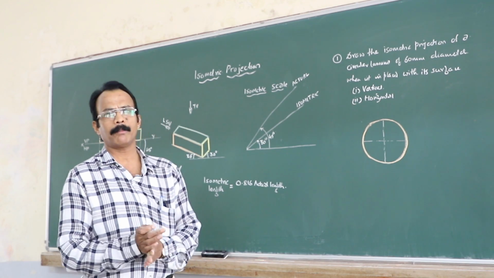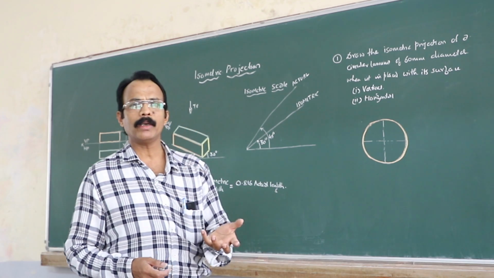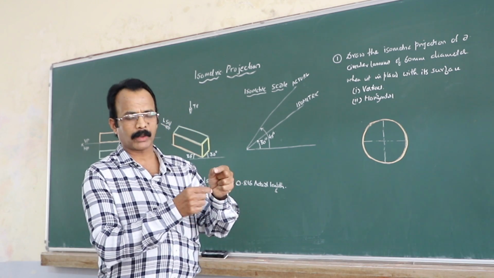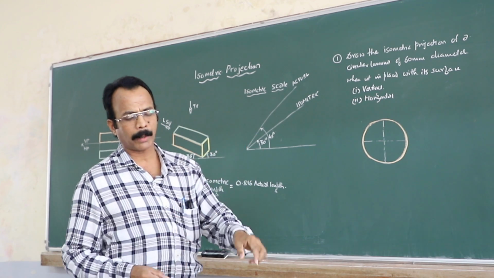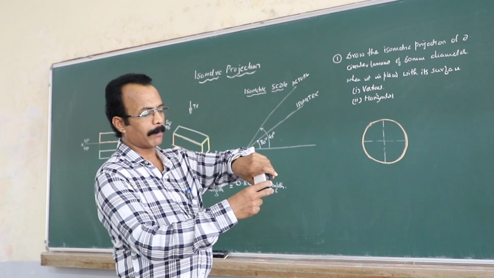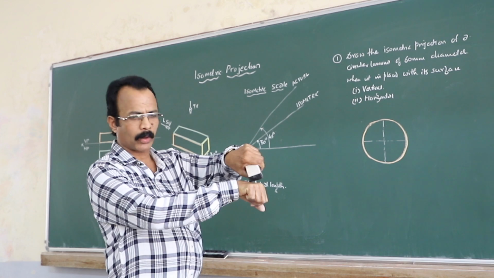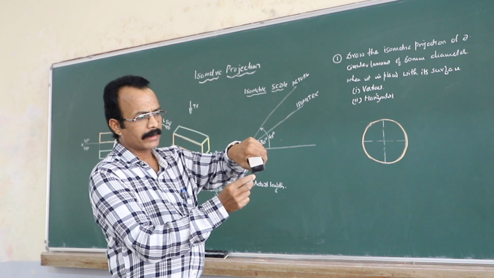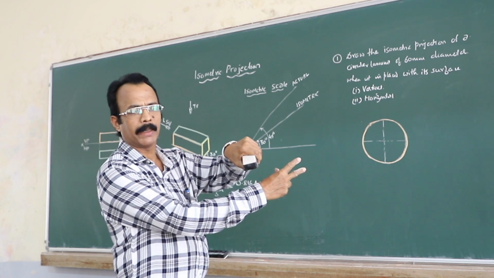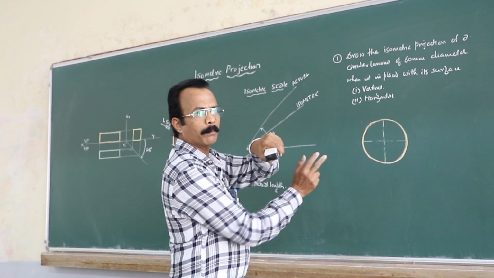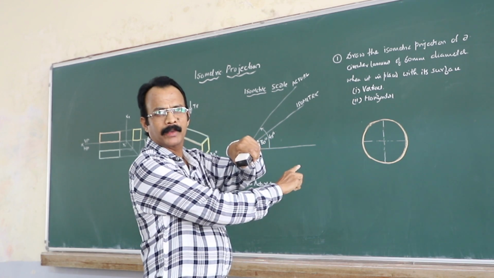So, basically remember, in axonometric projection, we are going to take a cube and place it with one of its corners on HP, such that the three mutually perpendicular edges, for example, if you imagine this to be a cube, you place it on one of its corners such that these three mutually perpendicular edges are equally inclined to VP, and whatever you project on the VP will be called the isometric projection, right?